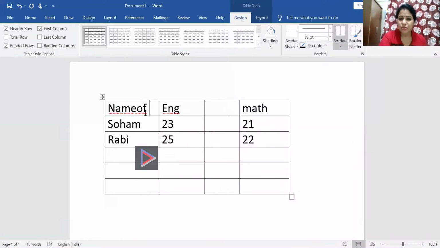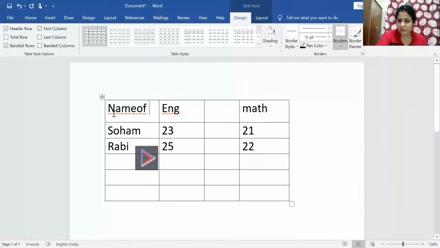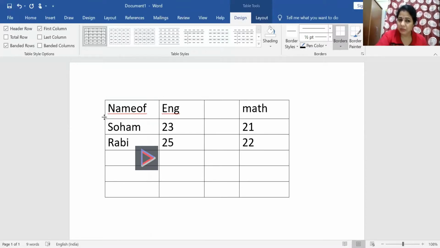So if I want to increase the row height, this height means the size of the cell. There is a shortcut way also: I can see here a double-headed arrow mark. I just drag it down, and you can see the height of the row increase. When you see the double-headed arrow mark, only then can you do this. If you drag the mouse pointer upward, you can see the size of the row decrease. That is one way.